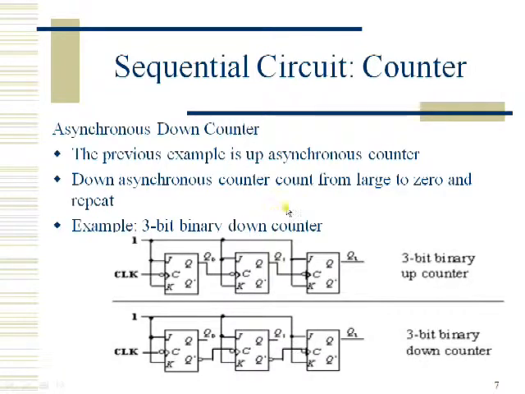Okay, now let us see how to implement a down counter, which is nothing but one that starts from the maximum state and ends at the minimum state. Okay, for example, if it is a 3-bit counter, then it starts its count from 7 and ends at 0, and again continues from 7 to 0. So that is repeated. Okay, so here in the 3-bit up counter we have seen Q0 applied as a clock signal, and in the 3-bit down counter Q0 bar is connected as a clock signal.